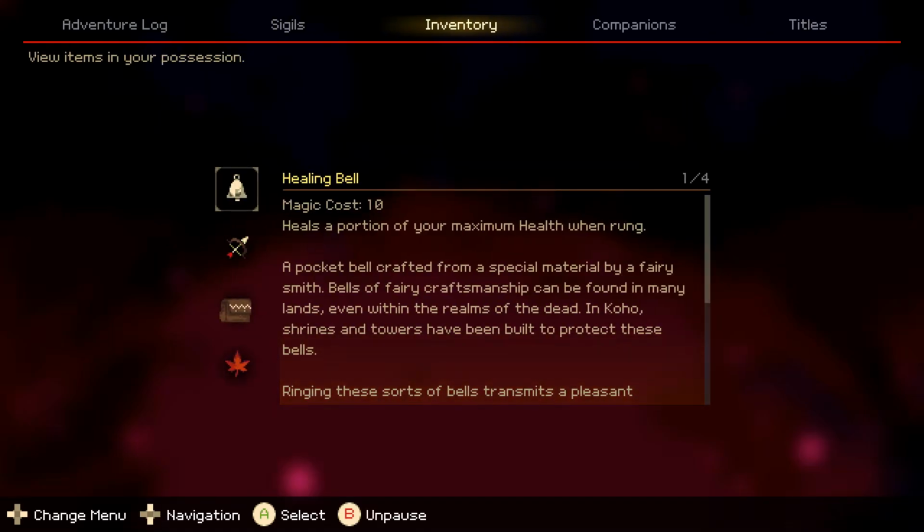Inventory. Healing bell. Magic cost 10. Okay, so that's just one of several equipable magical items, I guess. Heals a portion of your max health when used. Used with Y, I think. As I just did by accident. A pocket bell crafted from a special material by a fairy smith. Bells of fairy craftsmanship can be found in many lands, even within the realms of the dead. In Koho, shrines and towers have been built to protect these bells. Ringing these sorts of bells transmits a pleasant...